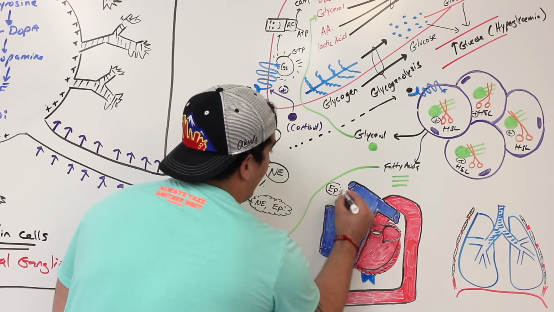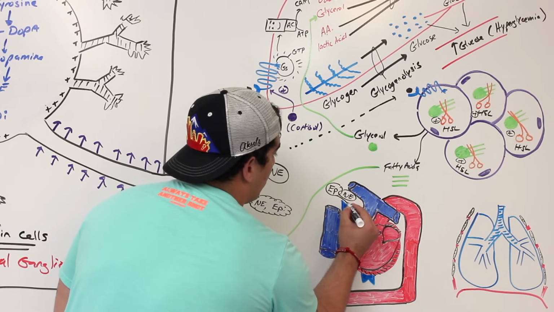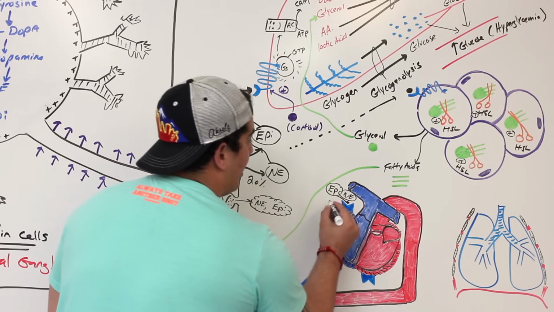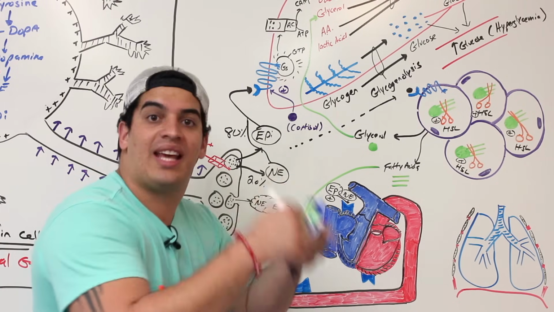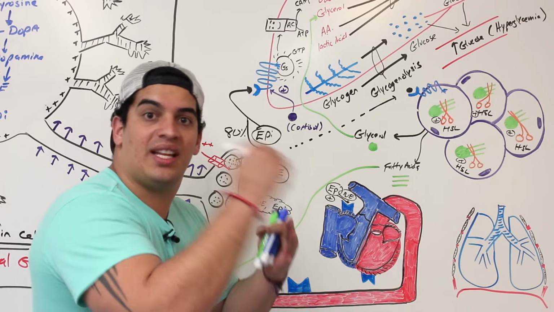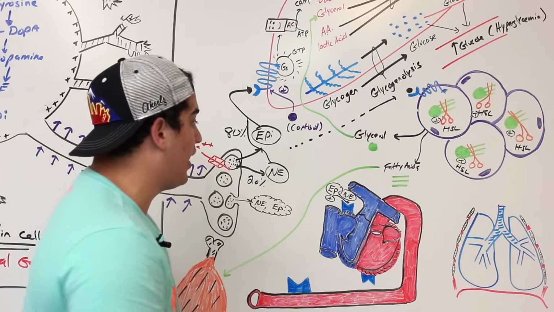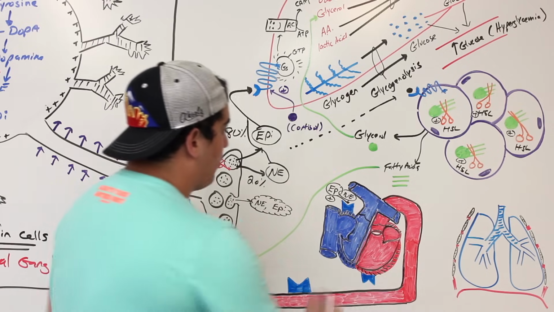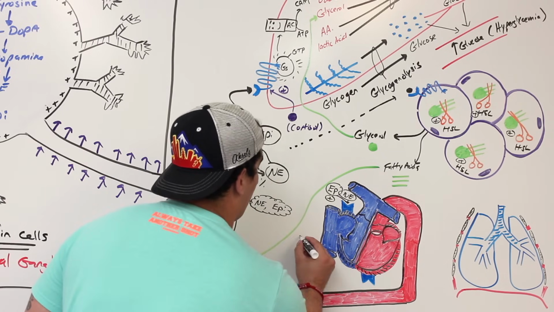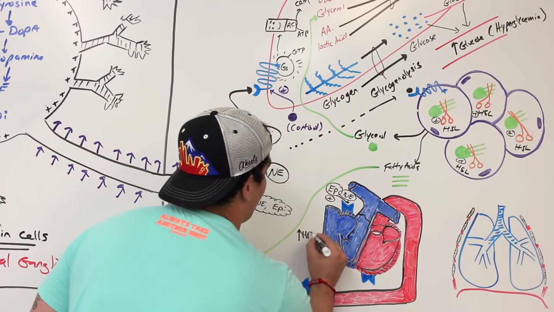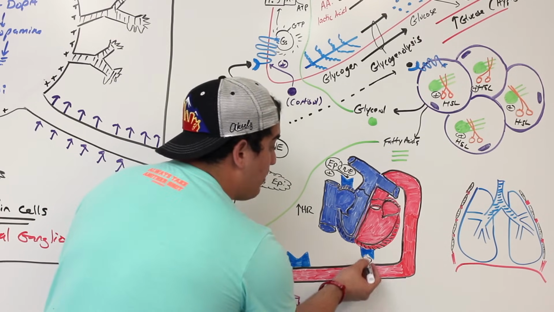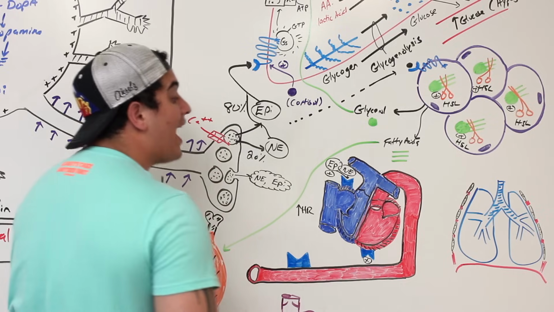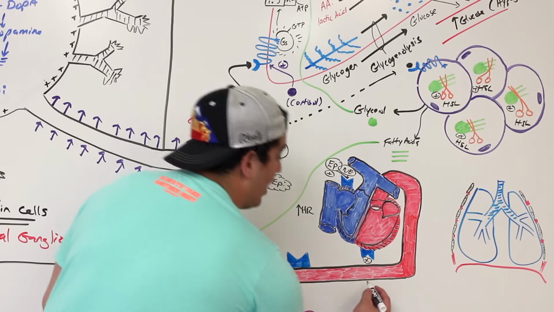They can bind onto this receptor and stimulate this beta-adrenergic receptor. How? By increasing the calcium influx, increasing the action potentials, which does what to the heart rate? Increases the heart rate. So what's the overall result here? It's going to increase your heart rate, which does what to your blood pressure? Increases your blood pressure. It's also going to activate these beta-adrenergic receptors on the contractile cardiac muscle cells and cause an